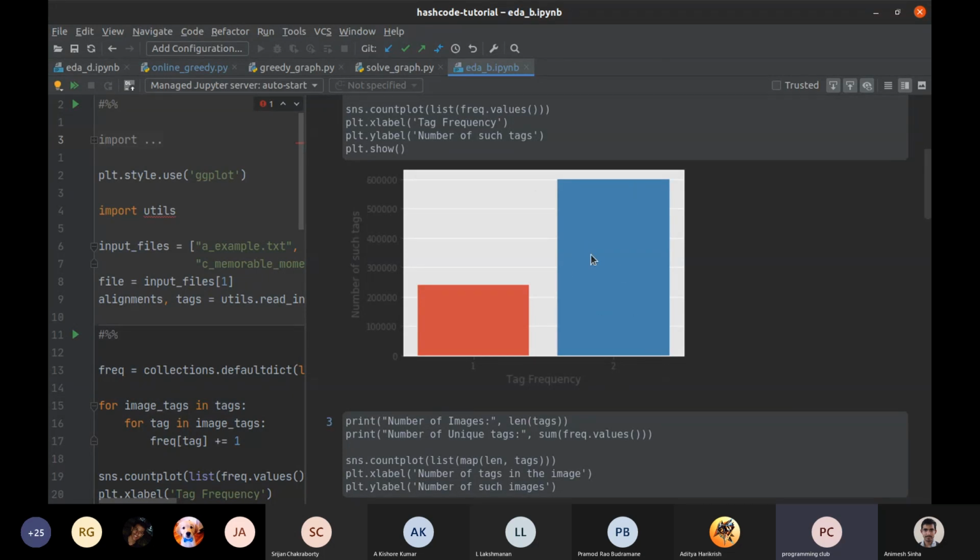The blue part is the number of tags that appear in 2 images. So you can consider that this beach tag appears on these 2 images, so it can be seen as connecting those 2 images as an edge. So you can consider this as a graph of images, and you have 80,000 images, so you have 80,000 nodes in your graph, and some of those images will be connected by an edge.